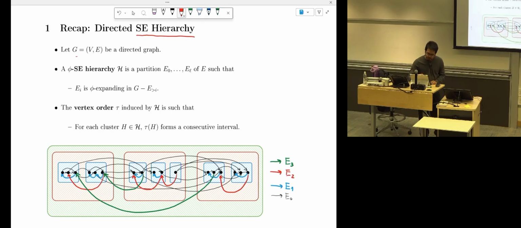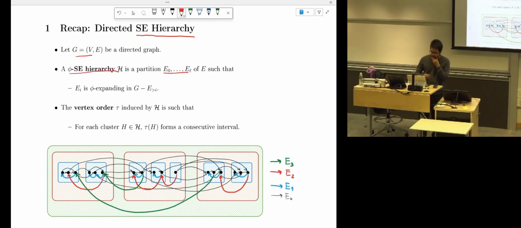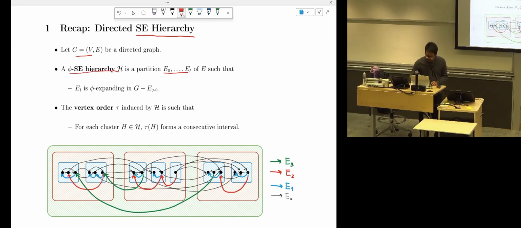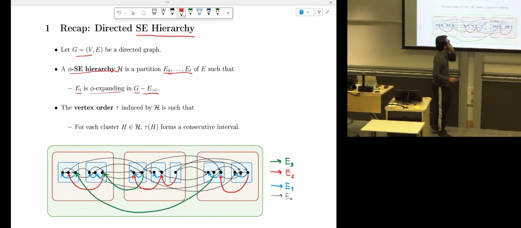So in a directed graph, the SE hierarchy, you can think of it as a partition of edges into levels from 0 to L, such that for each level i, E_i is expanding in G after removing all edges from levels above. For example, here,